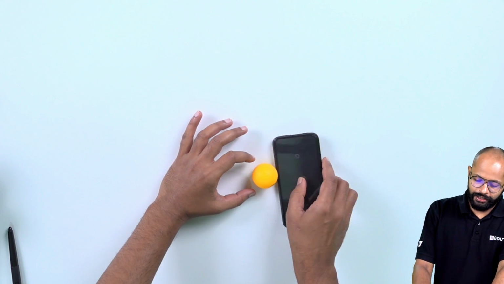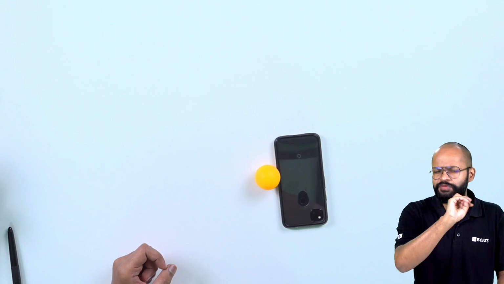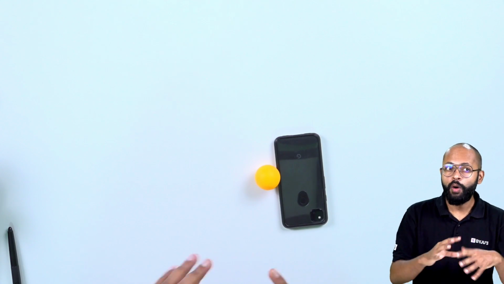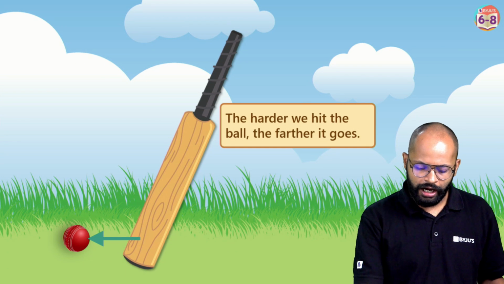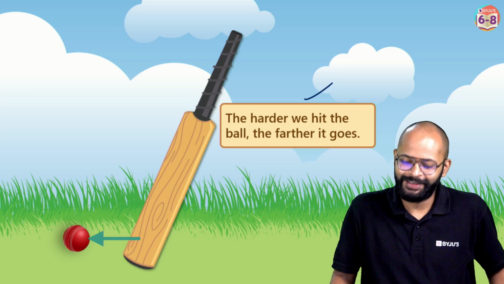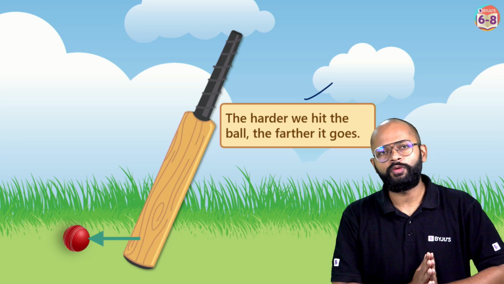So we are also talking about not just the direction of force. We are also talking about how much force you are applying. So take care. There are two things we are talking about. One is in which direction you are applying the force. Second is how much force you are applying, because that's what we are seeing. More the force, the farther the ball will travel, right? So let's take this understanding forward. So what did we just learn? We say the harder we hit the ball, the farther it goes. Nice, right?